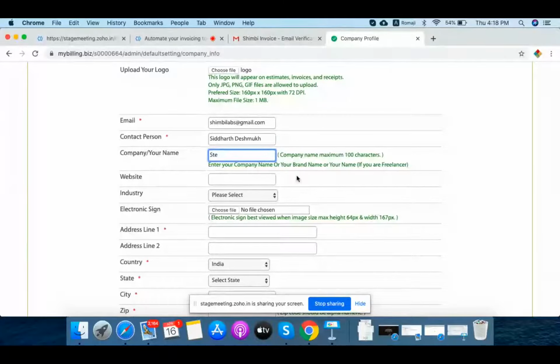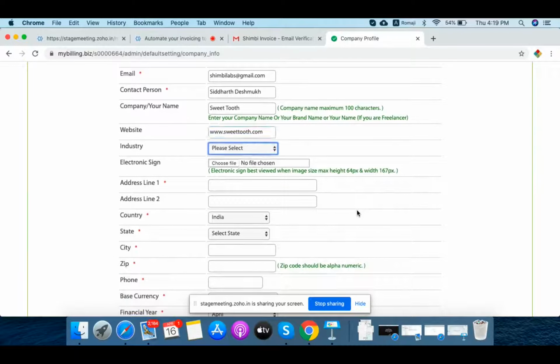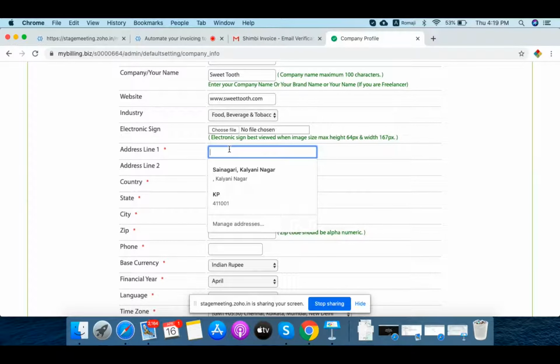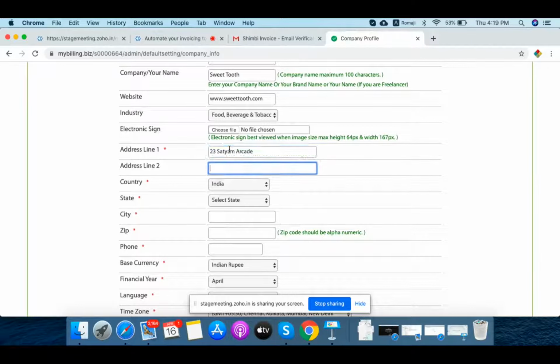Let's say Sweet Tooth is the company name. All right. And the website may be www.sweet.com. You can select the industry. This helps a lot to improve the software, and it helps you also at a later stage. I will explain how. So probably I give some address here. E3 Arcade and